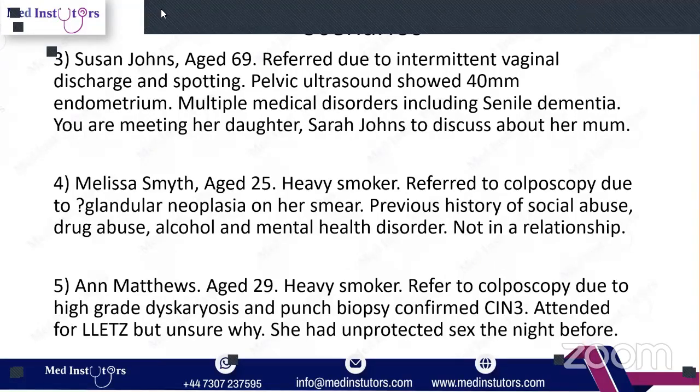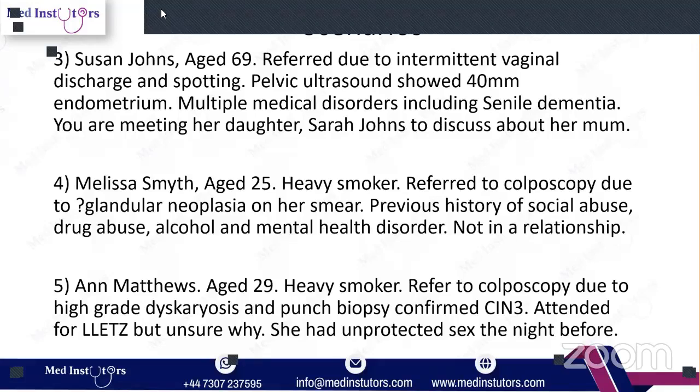So, let me draw for better understanding. Our neck of the womb is made of skin cells, and we divide these skin cells into three layers: the top one, the middle one, and the lowermost. So, these high grade dyskaryosis, these are the cells that are basically not normal cells, but they are not cancerous cells. They are in between. So it's very important that you treat them.